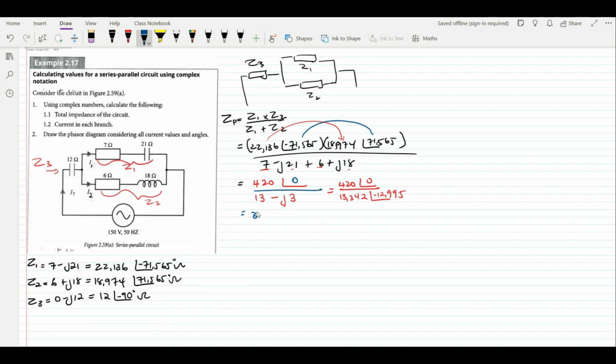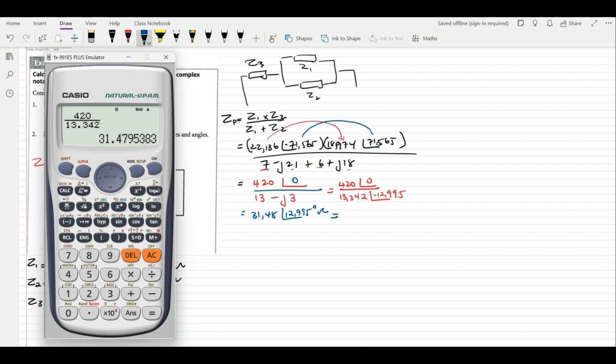That will be 31.48 at an angle of, when we subtract this to that, it's going to be positive 12.995 degrees ohms. And yet we're still going to change that, of course, to a rectangular form because we're going to add it with our series, which is our Z3. So when we convert that to rectangular form, it's going to be 31.48, 12.995, and then we're going to get